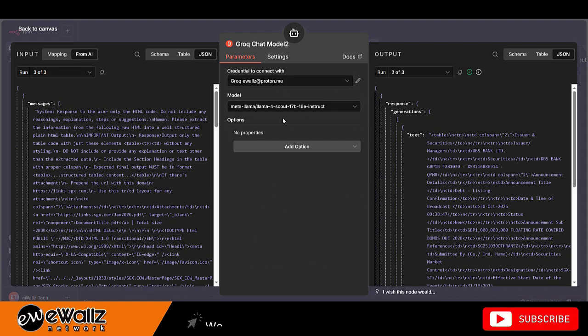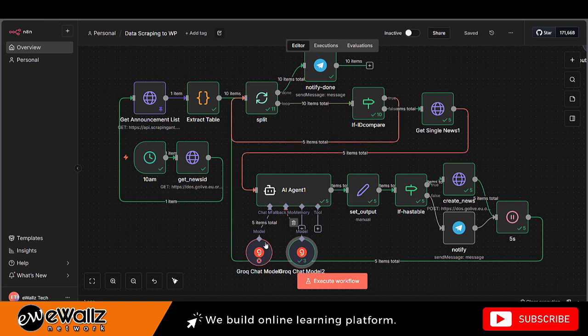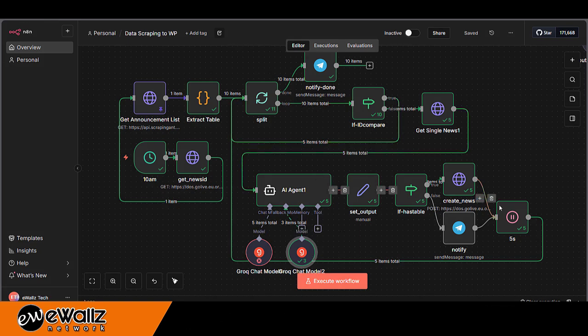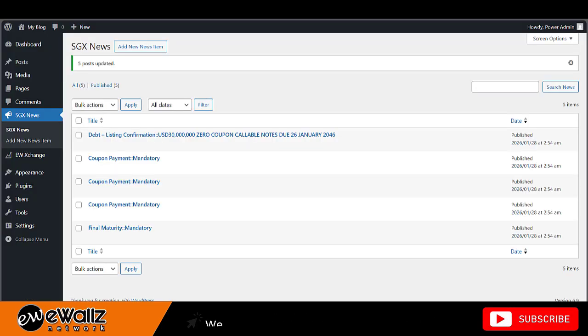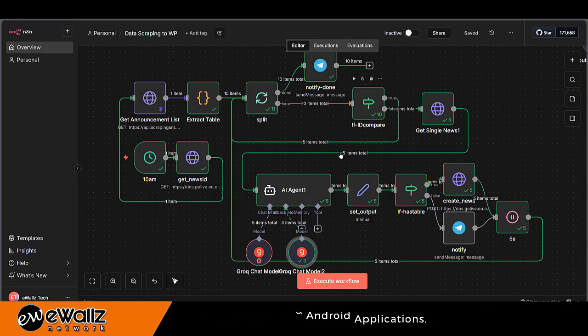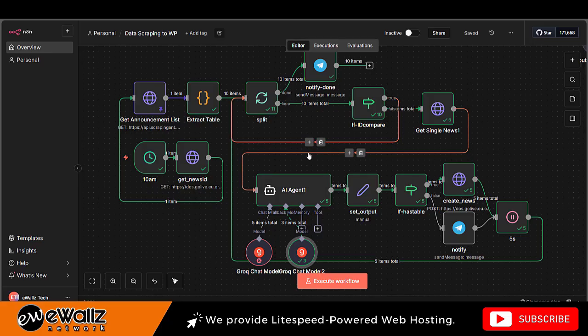This one is a different model, Llama 4, and it continues the process until complete. So we have 5 items in total, the new items. The existing ones were already skipped during the first validation here, the 5 items.